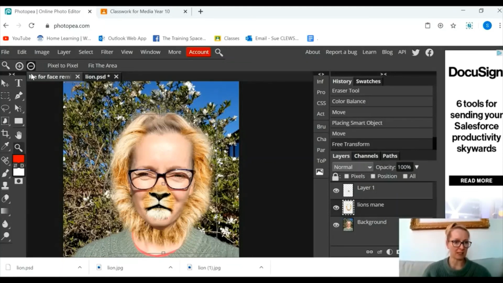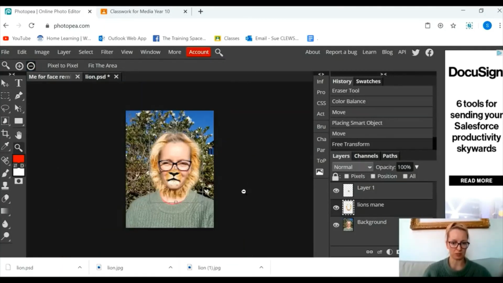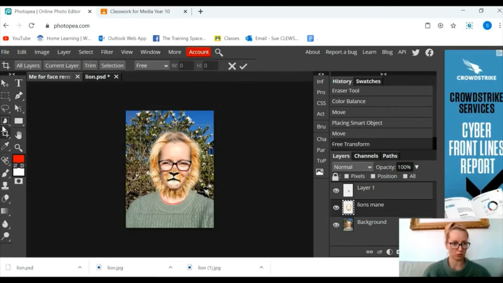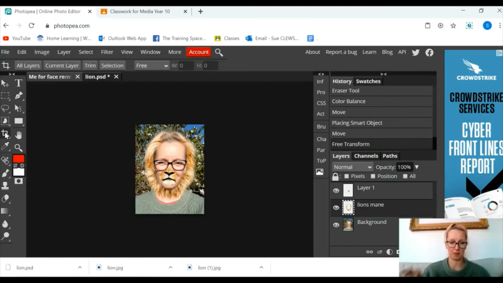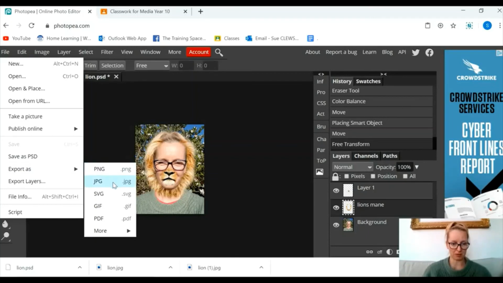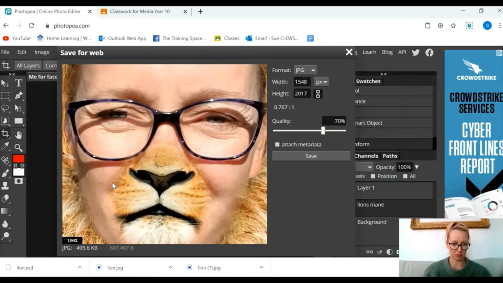Okay, the very last thing that I'm going to do to this before I submit it is I'm going to crop it, because I don't think I need all this extra outside edge, so I'm going to just get that bit there using the crop tool, which is this one down the side, press enter, and there I have it. There's me as a lion. I'm going to save that as a PSD if I wanted to edit it again another time, if it's quite a complicated thing that I'm trying to do and I want to spend a bit longer on it. But as I think I'm probably a bit finished with that now, I'm going to export it as a JPEG,